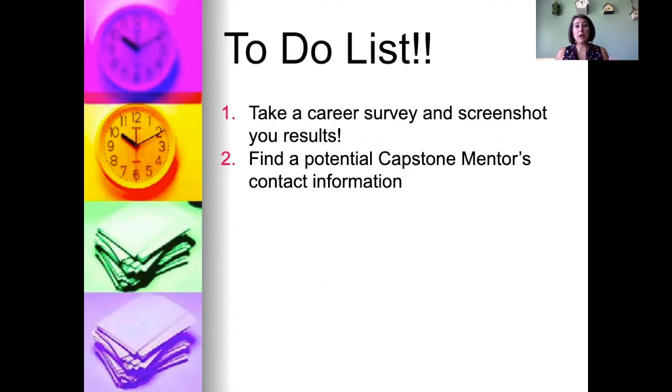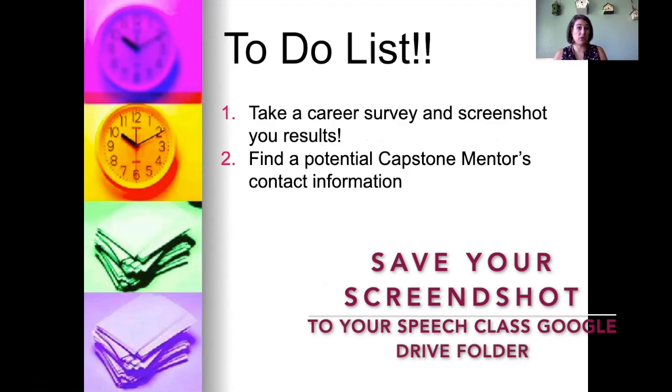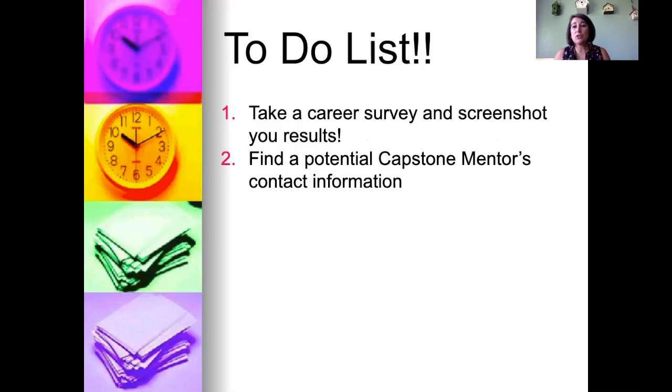So let's talk about this week's big to-dos. Again, I need you to take a career survey and screenshot your results. And then I want you to scour the internet, ask your friends and family, because you need to find a potential Capstone mentor and their contact information. Now, if you get really excited and you want to start moving forward with drafting a rough draft of the email that you're going to send,